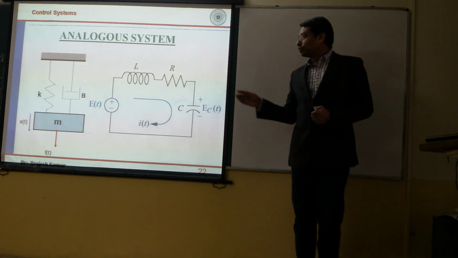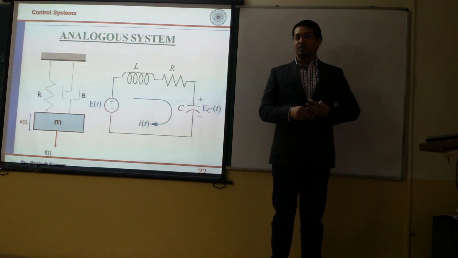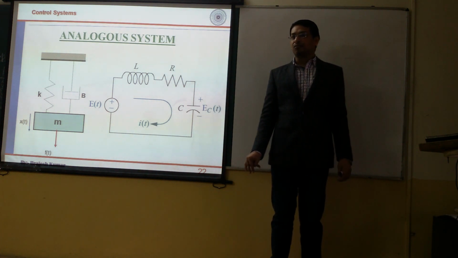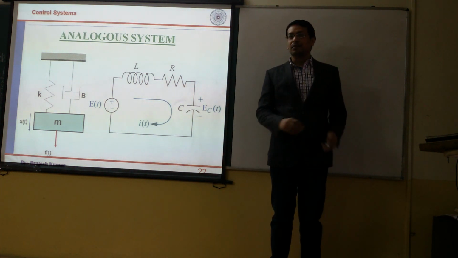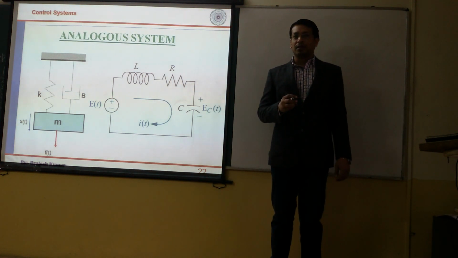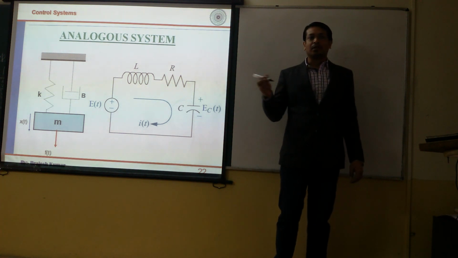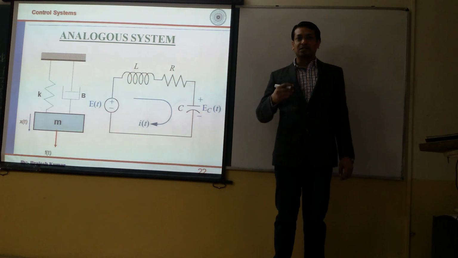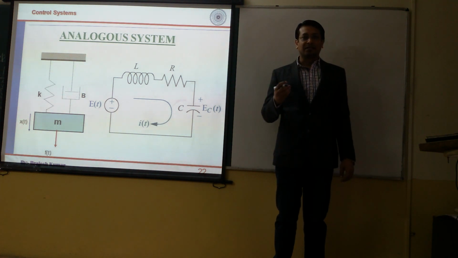Now, coming back to our previous system once again, we have analyzed two systems. One was a mechanical one, and the second one was an electrical system. Now try to find out if there is any correlation between these two. I mean to say, if you can represent the dynamics of both systems in a similar form of differential equation, you can say that these systems are analogous to each other.